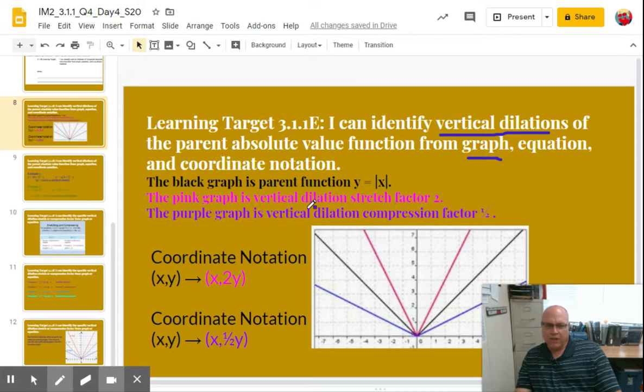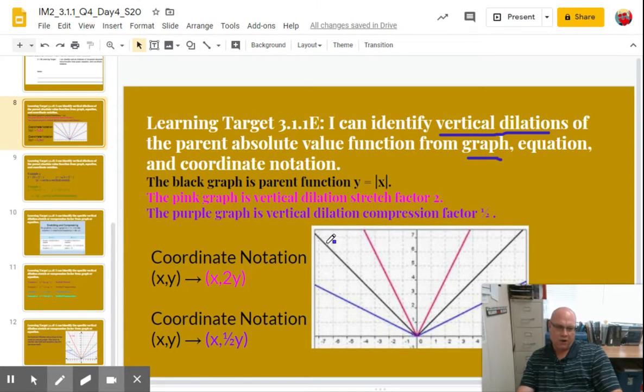Our first example is a dilation with a stretch factor of 2. So we're familiar with this from our geometry days, right? We were looking at dilations with triangles and other shapes using a scale factor greater than 1. And what happened when you had a scale factor greater than 1, took that shape and it enlarged it. And then we had where the scale factor was between 0 and 1. And what happened with the geometry of the shape? It shrunk it and made it smaller. So we're going to be using that same idea here, but we're just going to be talking about the vertical